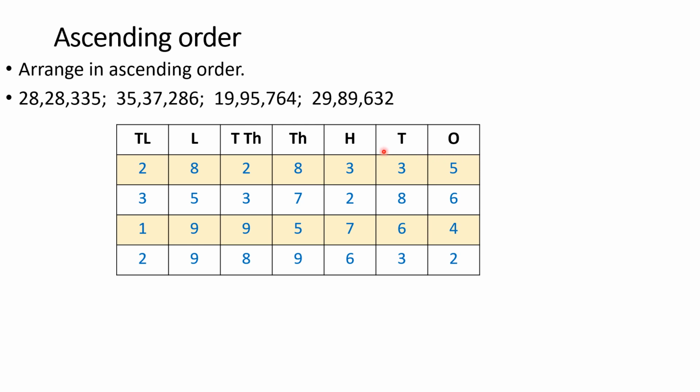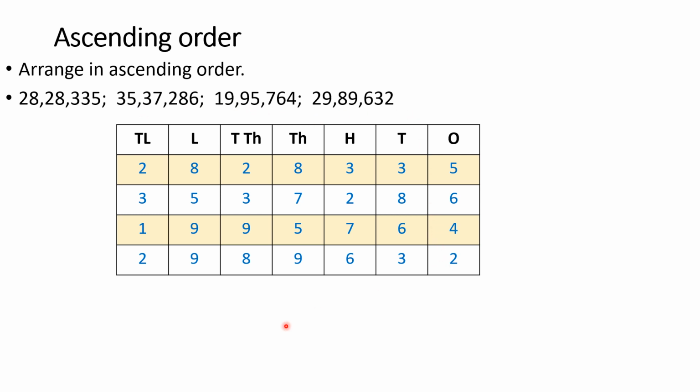It starts from ones, tens, hundreds, thousand, 10,000, lakhs, and 10 lakhs. Because there are only 7 digits, maximum 7 digits in these numerals. That's why I took places up to 10 lakh only in this place value chart. Now what we will do, we will arrange this, and we will always start from ones place. 5 at ones place, 3 at tens place, 3 at hundreds place, 8 at thousands place, 2 at 10,000s place, 8 at lakhs place, and 2 at 10 lakhs place. In similar way, we will arrange all these numbers in this place value chart.